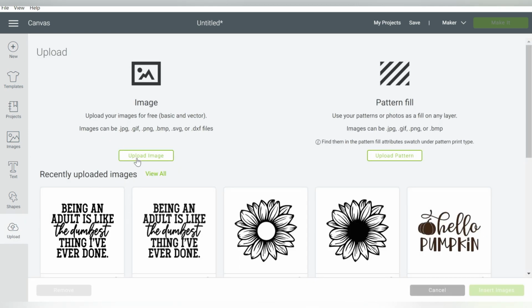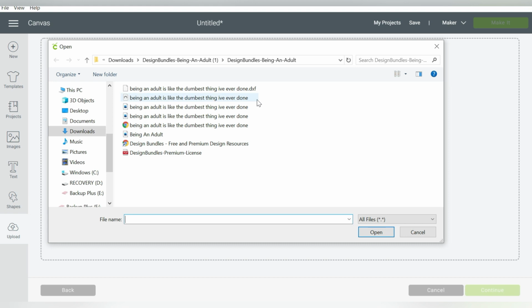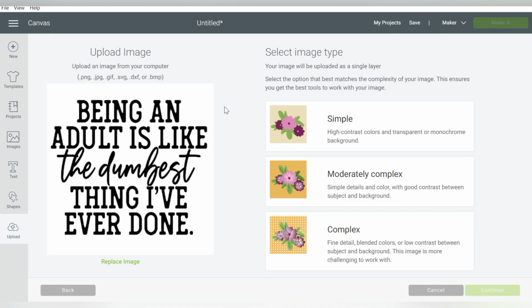So we'll go back to Upload, choose Upload Image, and choose Browse. Now, if you're ever looking at these and you are not sure which format you need, you can hover over them and see that is our JPEG. This is the PNG that we've already worked with. This is the JPEG. And not that you need to, but I just want to show you what working with a JPEG is going to look like because this is something useful for importing images into your software.